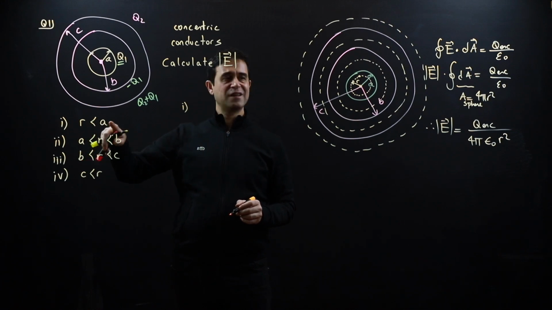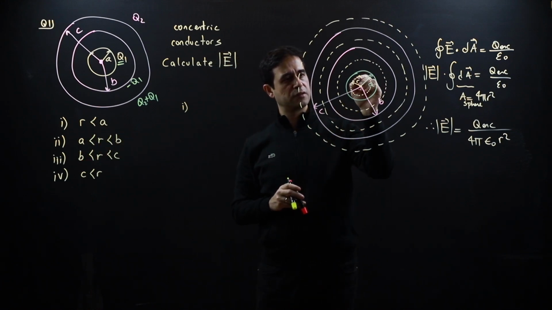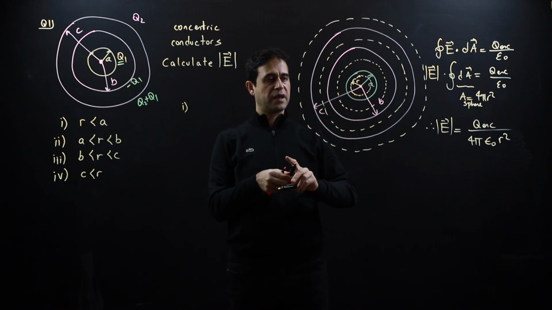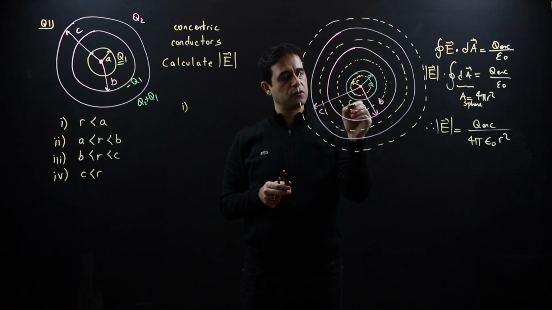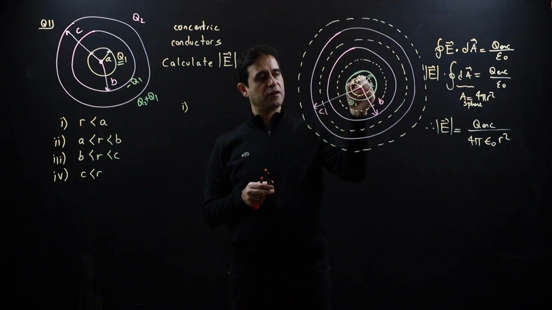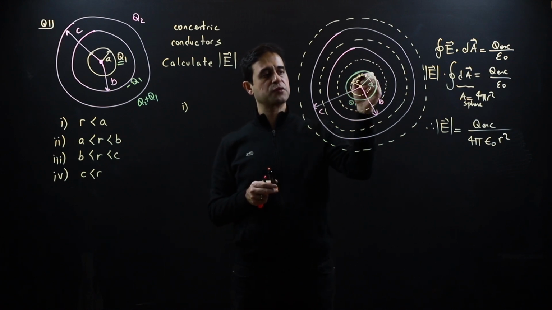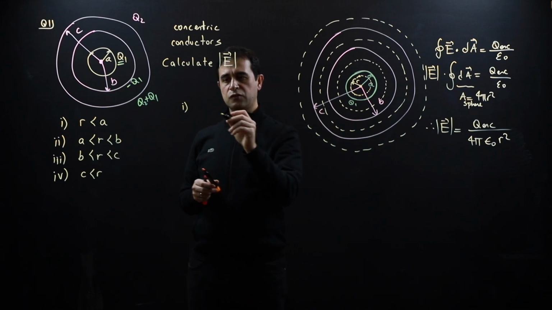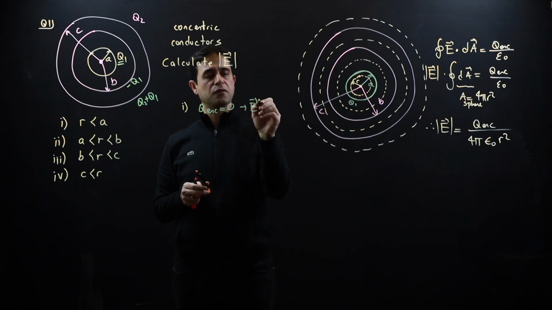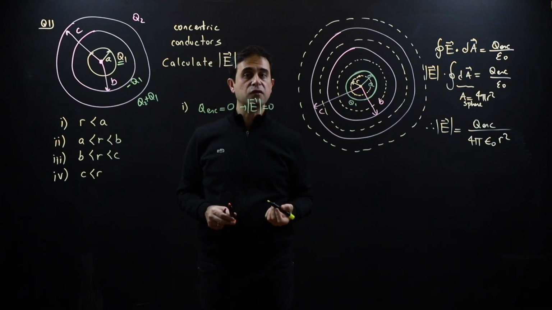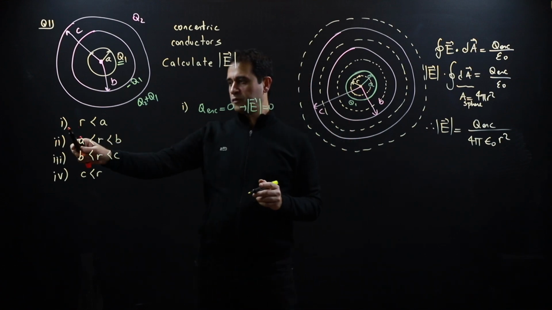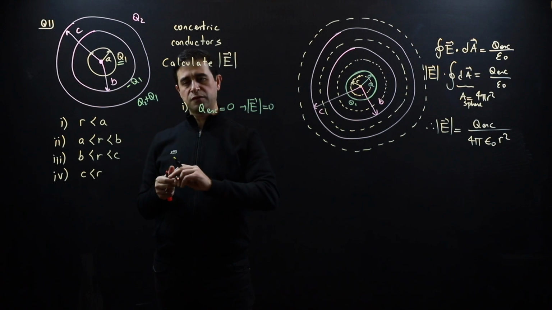So for when R is less than A, it is this one, right? Remember that all of the charge is located at the outer part of the sphere. So Q1 is just on the surface. And when R is smaller than A, there is no charge inside the Gaussian surface. So Q enclosed is equal to 0. Hence, E is equal to 0. Again, it's all finding what the enclosed charges are, right? So that's part 1. And for the second part,